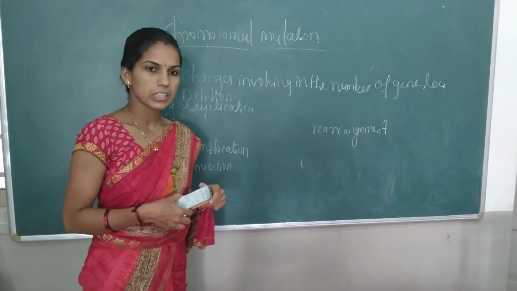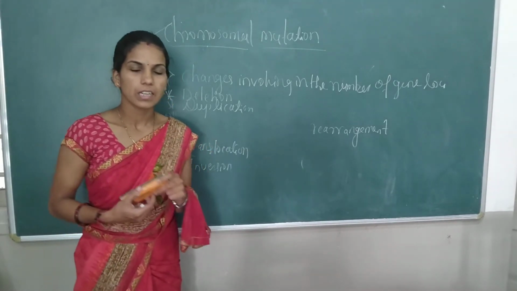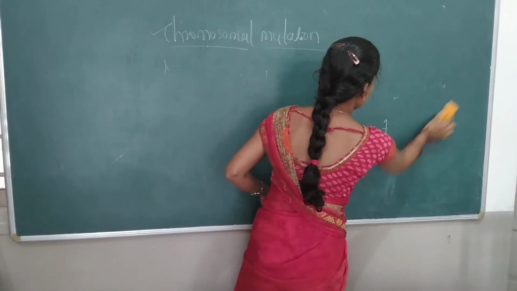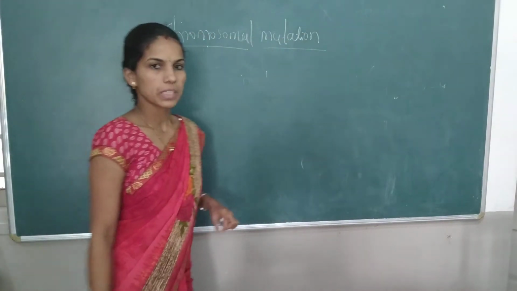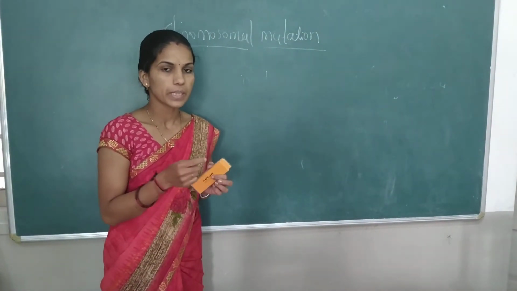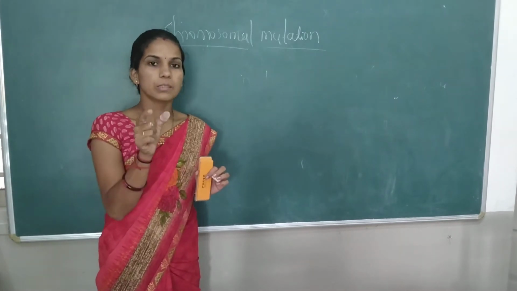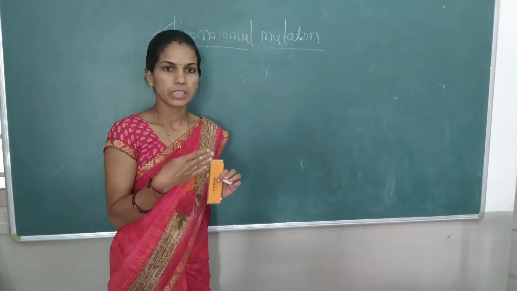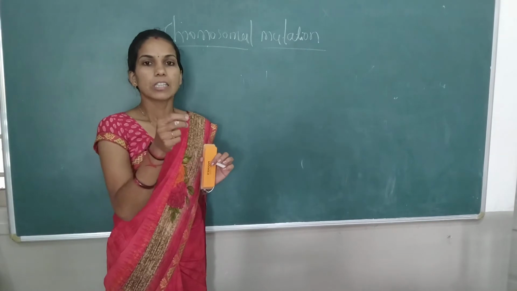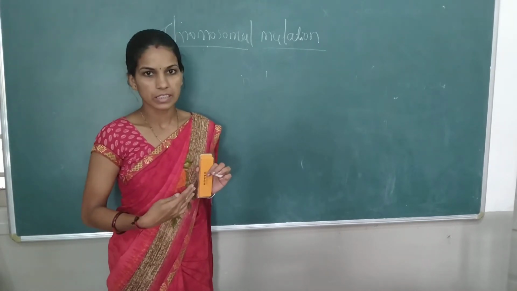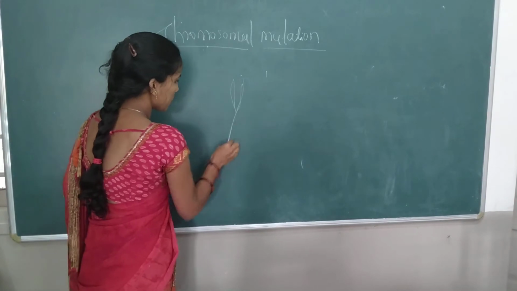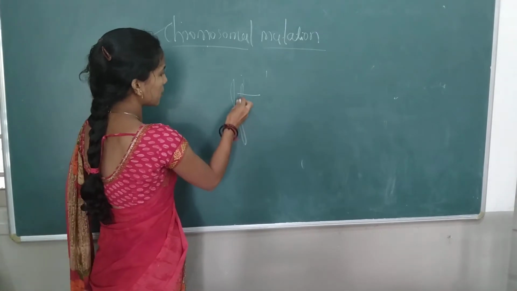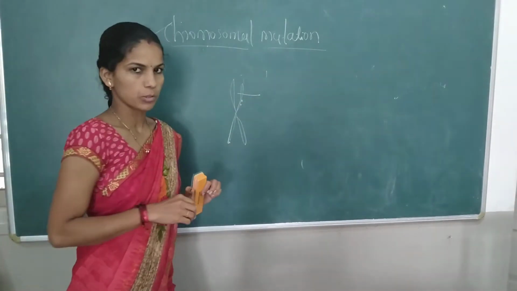Then what is meant by deletion or deficiency? How does it happen? The word itself indicates it. Deletion is nothing but the deletion of a segment of the chromosome. A small segment of the chromosome is deleted, and the number of genes is lost here, or the lost genes affect the other genes. If it is a chromosome, a small segment will be deleted, and this will affect the other genes located in that chromosome.